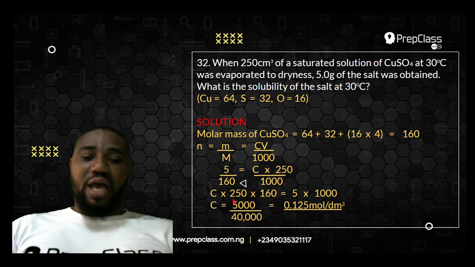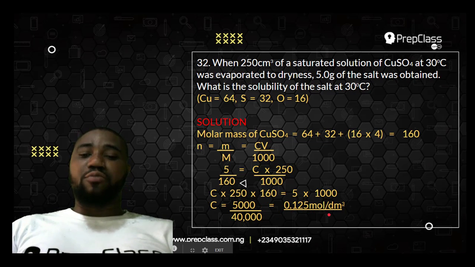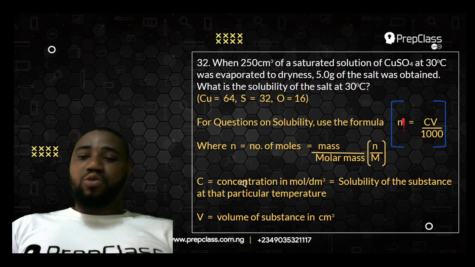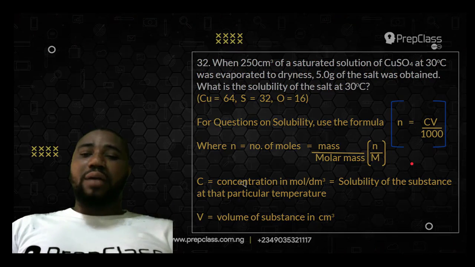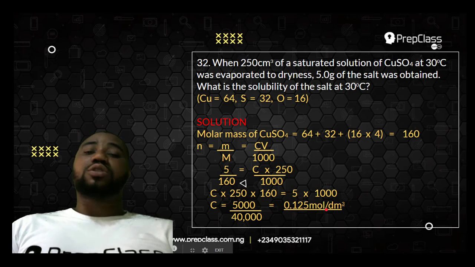Divide both sides by 40,000. Do you understand? So that's 5,000 divided by 40,000. And that will give you 0.125 mole per dm cubed. So this is the solubility. Very simple. Do not forget this magical formula: n equals CV over 1000. Any solubility question, and boom, your answer will just